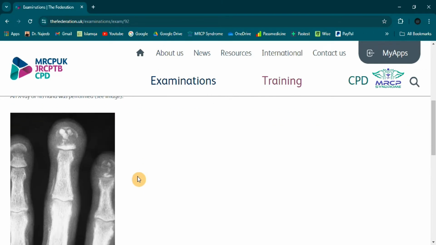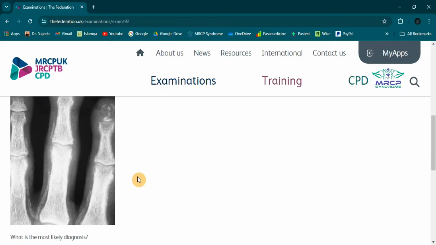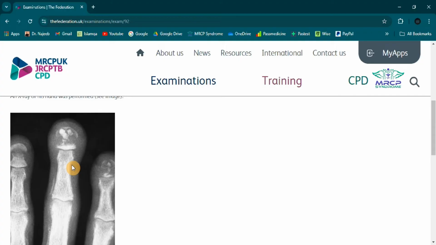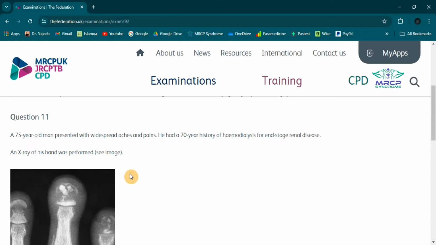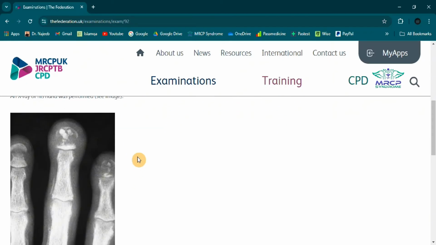And subperiosteal bone resorption is the hallmark of secondary hyperparathyroidism, where there will be elevated PTH. The elevated PTH will cause bony resorption, particularly in the phalanges. And vascular calcification is also common in a patient with secondary hyperparathyroidism. So considering the radiographic features along with the long history of dialysis, the typical manifestations are highly suggestive of secondary